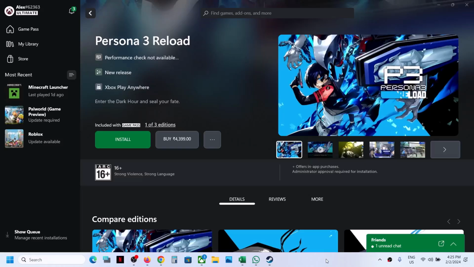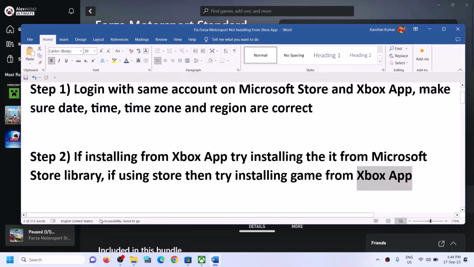Today in this video I'm going to show you how to fix when you're unable to install the Persona 3 Reload game from the Xbox app, or if you're unable to install it from Microsoft Store, then please follow the steps shown in this video. The first step is to log in with the same account on Microsoft Store and with the same account